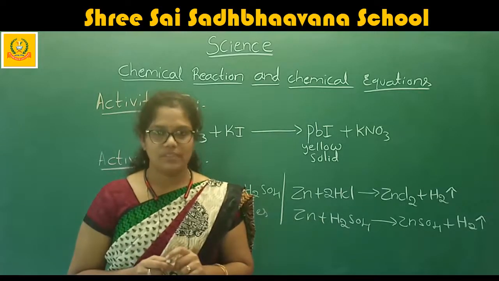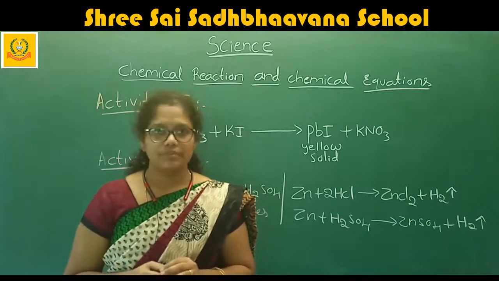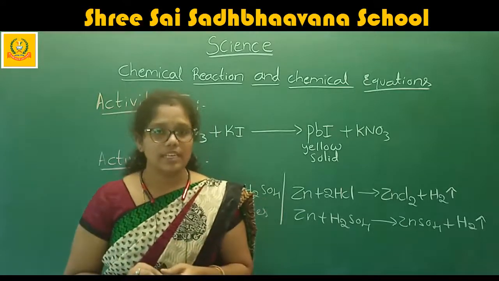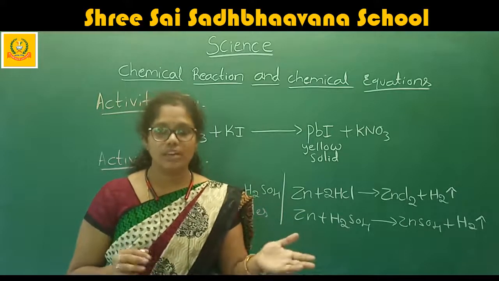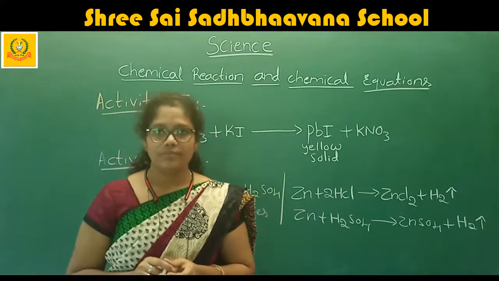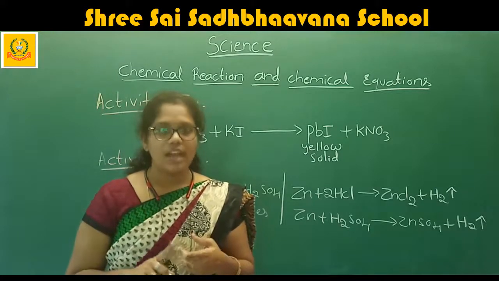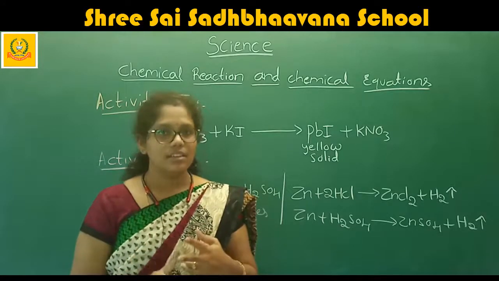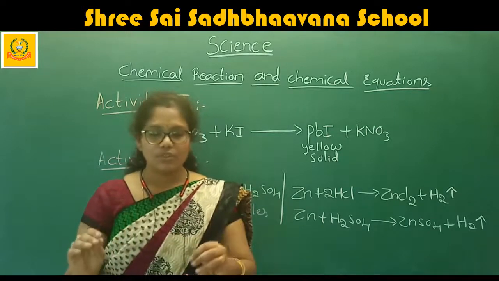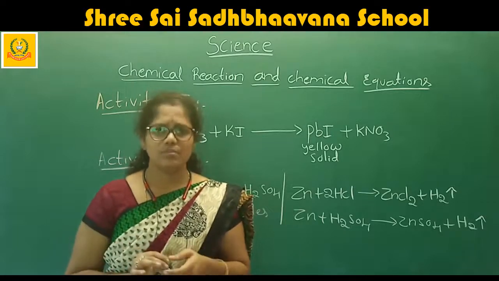Now we are going to discuss the chemical equation. What is this chemical equation, and what are its forms? You already know the two forms of the chemical equation. One is the symbolic form, also known as the skeleton form, and the other is the word equation. You already know how we write the word equation and the skeleton equation. Before that, you want to know the definition of the chemical equation. What is a chemical equation?